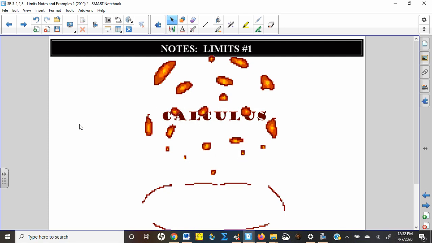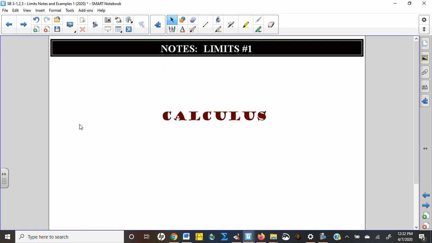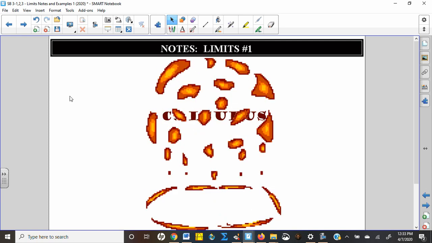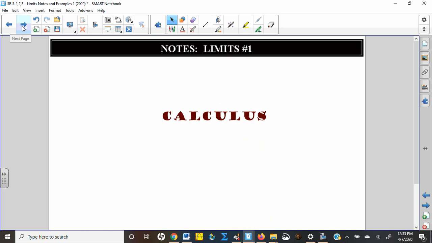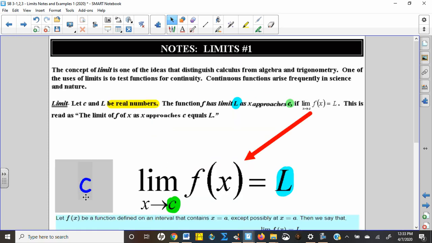You cannot have calculus without limits. So this is big stuff that we're going to be learning, but don't freak out because it starts with just ideas, and we're going to build those ideas up toward what we're going to really call calculus, and that's where you'll kind of pick up next year. So no heavy stuff, just important stuff. This is page 3-1 of the notes packets that you guys got on the last couple days that we were able to meet, and